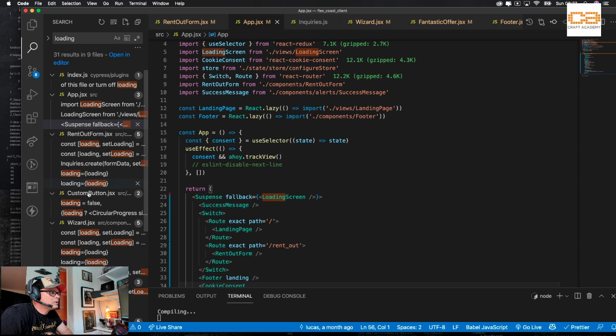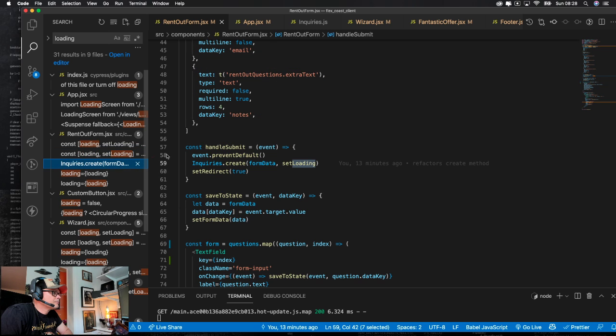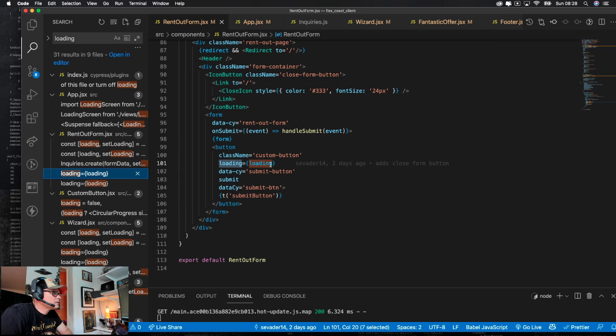Right, loading, rental, loading set use state false. Right. Loading is, there it is, must be that. Or could that be it?